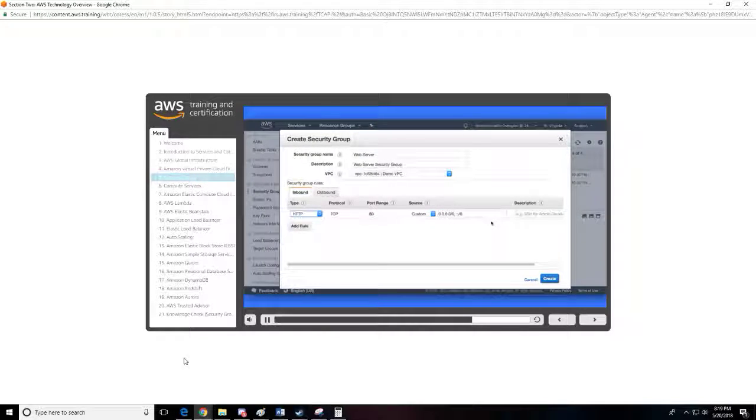Port ranges, and source. Best practice is really to figure out what traffic is required for your instance and